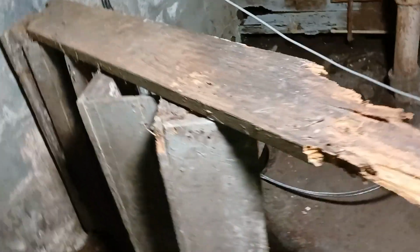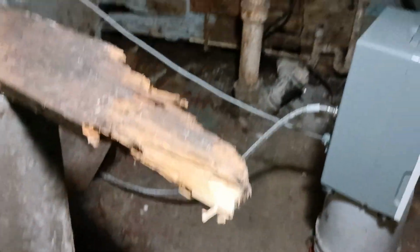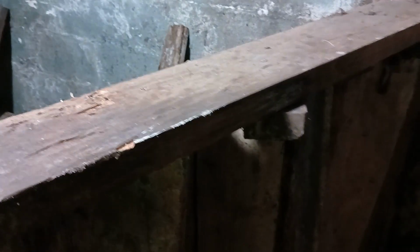Okay, those are the old steps that came out, so you can see how the wood was rotted off. I couldn't get them put back together. See, the bottom part, they all rotted out. So came over here. The thing I noticed about these steps though,